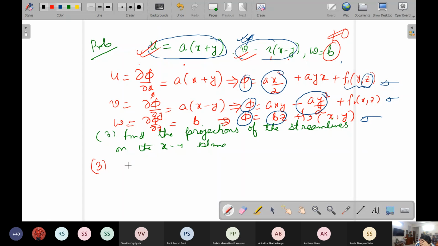So you see something which is very interesting. Just calculate this. So from this u and v, therefore,